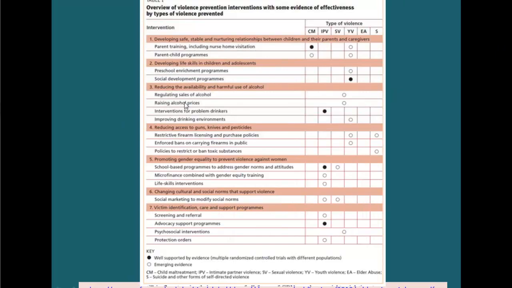So if I look here, I would say, it looks like under 3, reducing the availability and harmful use of alcohol has been shown to have some evidence across all of these forms of violence. So that could be a really great opportunity to collaborate. And this might be a place to start too. If you're trying to build more of a prevention community, this is a good place to say, okay, let's start bringing some of these other folks to the table. Again, finding an initiative that is